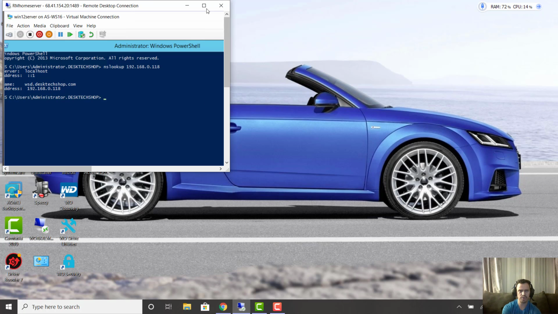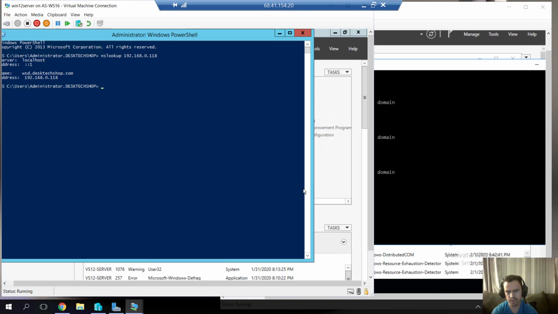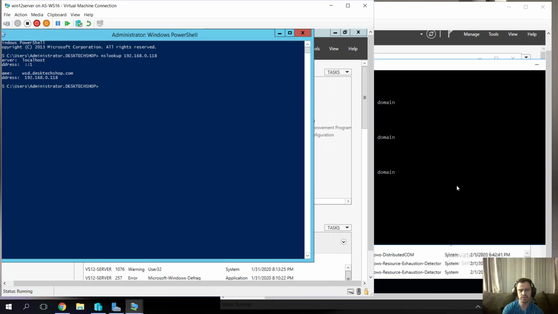So this is how you troubleshoot your reverse DNS zones in order to show what's your name server, what is the name of your server that you